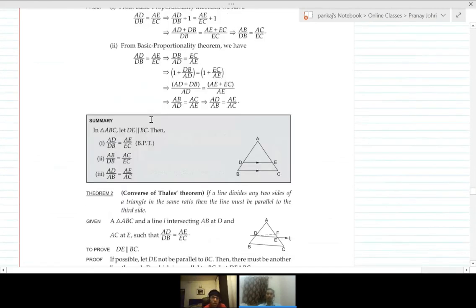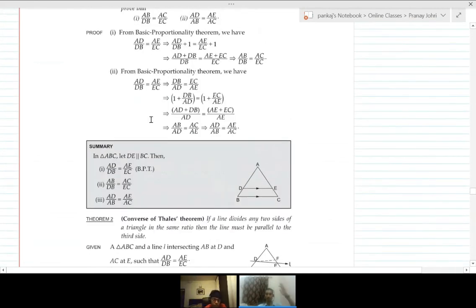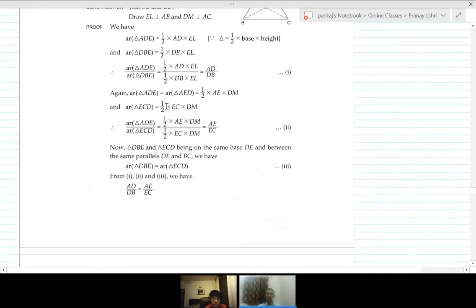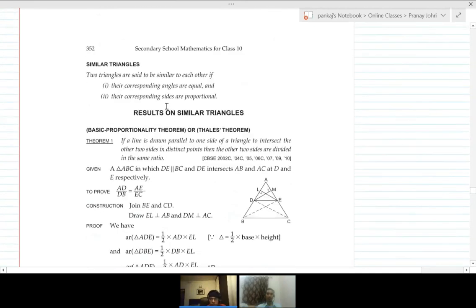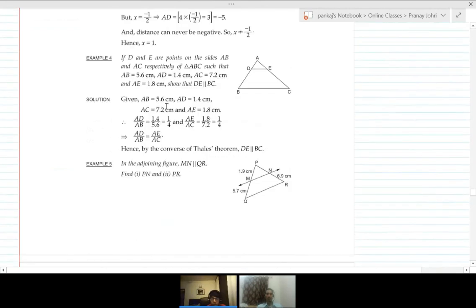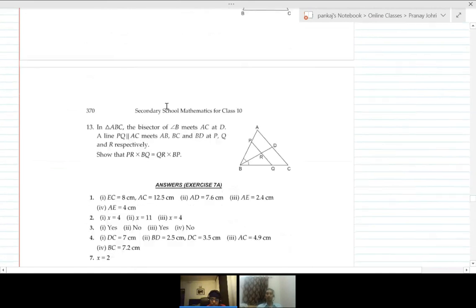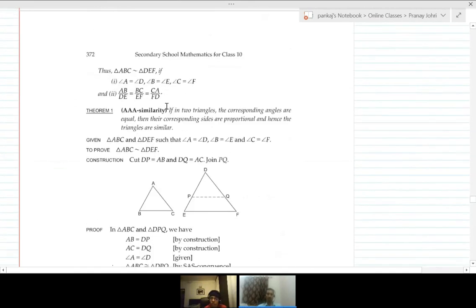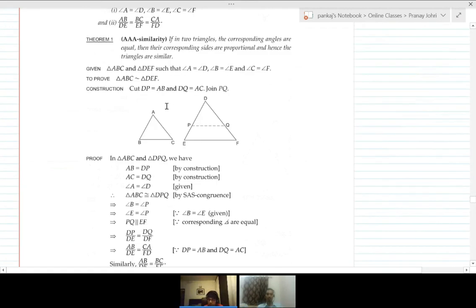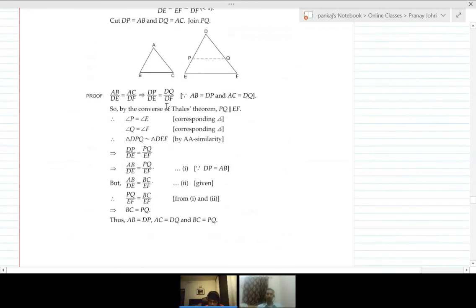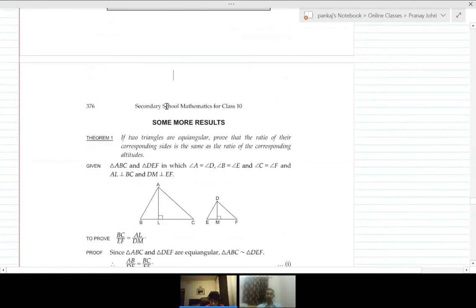Okay, so till now what we discussed: Thales theorem. That is first time I mentioned this name. Thales theorem is basically the basic proportionality theorem. The another name is Thales theorem. And then we did the different rules we use to decide whether a triangle is similar to another or not. So similarity criteria, and yeah, that's about it.